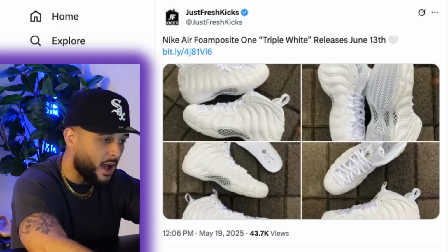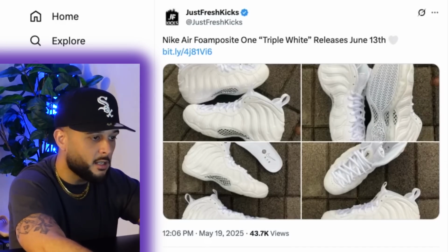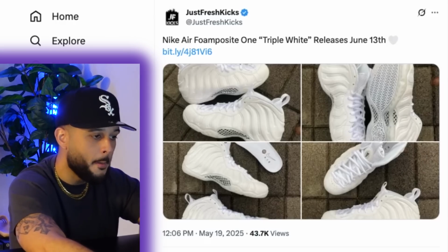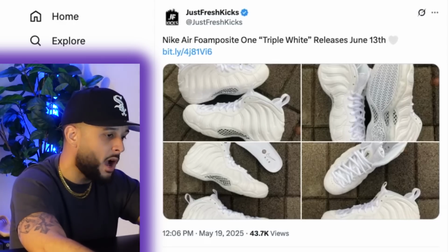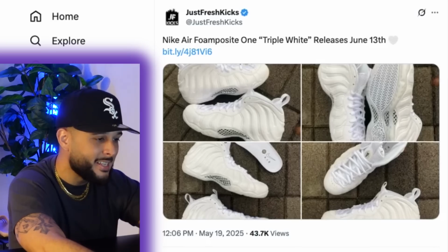And speaking of the Flight Posit, we got the Foamposite, which is going to be dropping here in the triple white colorway. Now, believe it or not, this one is actually on the top of a lot of people's lists, you know, being that summer is right around the corner. The Foamposite is a classic model,